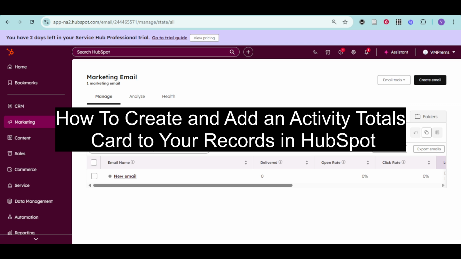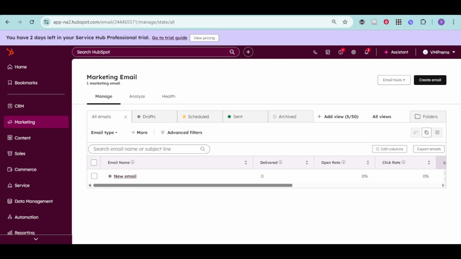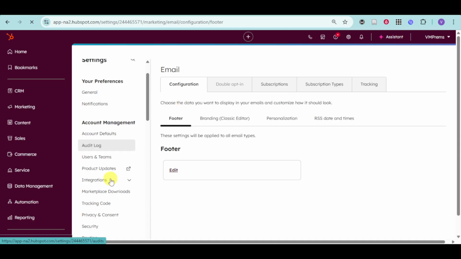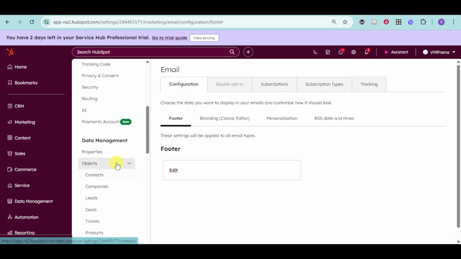In this video, I will teach you how to create and add an activity totals card to your records in HubSpot. In order to do that, you first need to navigate to the Object Record Customization. Head over and click onto the settings or gear icon onto your top right, and from in there, onto the left sidebar, locate objects. Scroll down to locate it, and after you have done that, you can just choose what